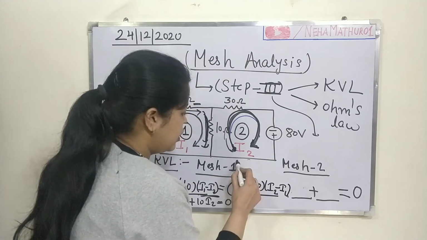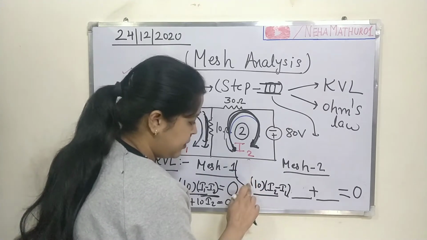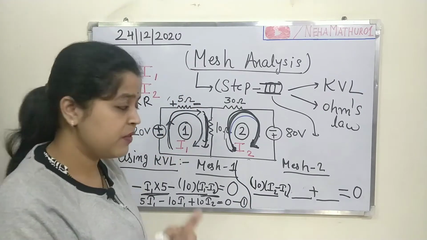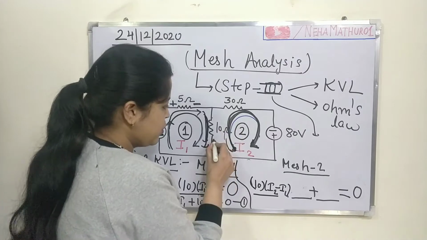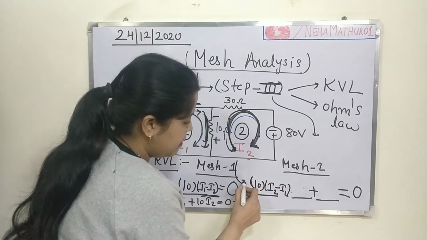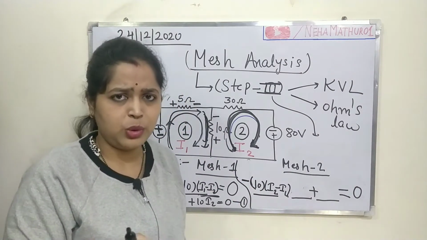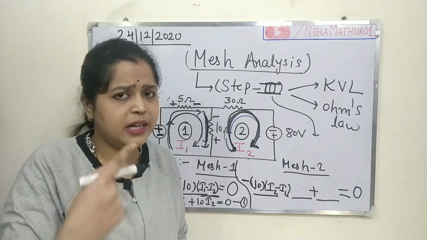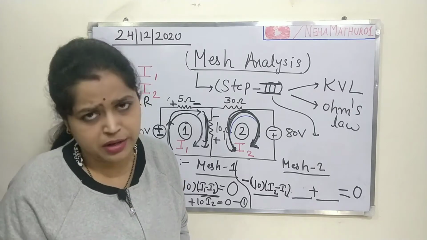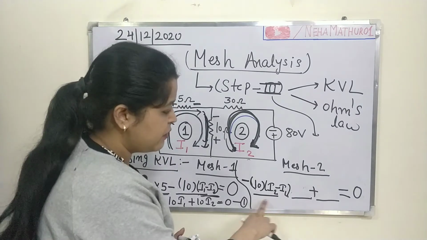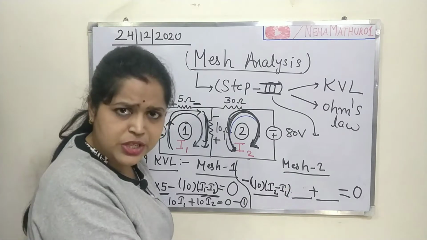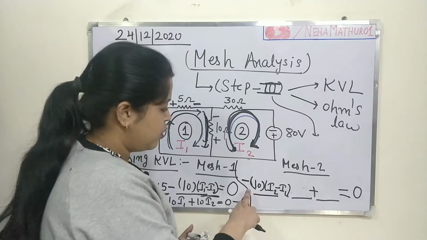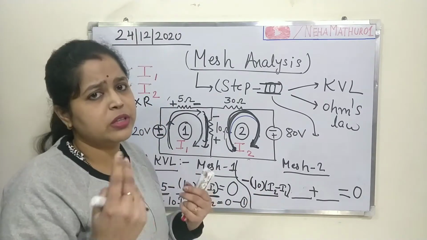Now you are thinking, what about the sign over here? Is the voltage drop across a resistor positive or negative? See, the current is flowing from here, so it will be positive and this will be negative. So again minus. And remember one more thing, whether it is clockwise or anti-clockwise, the end terminal of the resistor is always going to be negative. So whenever you are writing an equation, the voltage drop across any resistor in the direction of the current is always negative. So no need to overthink about this.